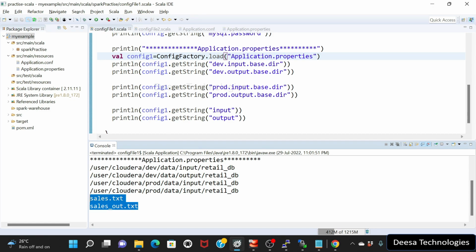All right, so this is how you can use the application.properties or application.config to get the configuration data from a particular file. So this is good. Now we have tried to understand how it is reading the data from your configuration file. Now the next step is to use one of these configuration files and develop a Spark